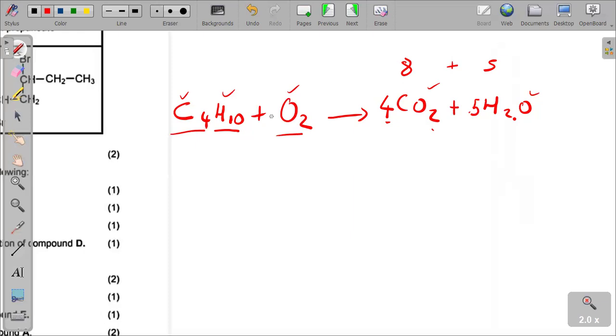So in order to balance them now, because there are 2 on the right hand side, we have to use 13 over 2, half of that 13. Now we are not allowed to balance with decimals or fractions. So if we can indicate it as a fraction like this, it becomes easier. We simply multiply throughout by the denominator there. So we now multiply here by 2, multiply here by 2, multiply here by 2, multiply there again by what? By 2. So we end up having